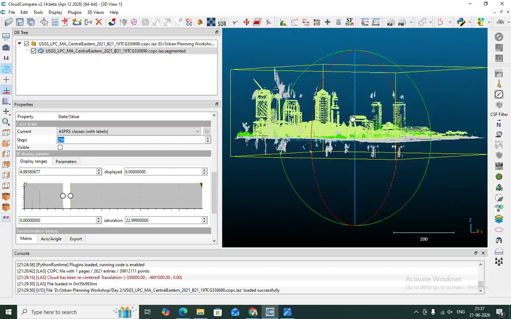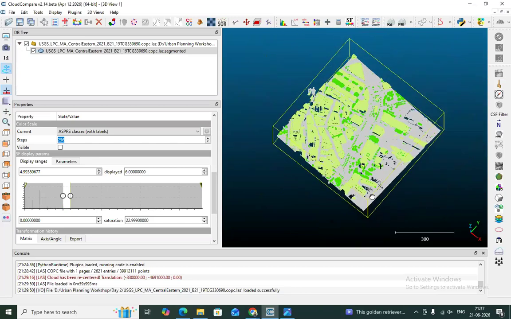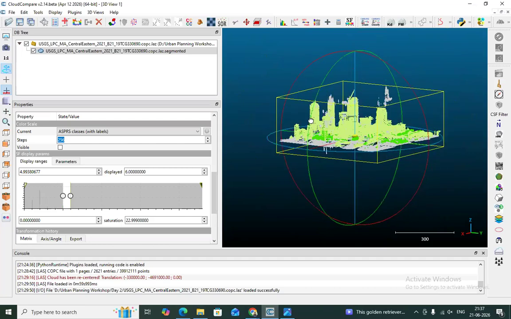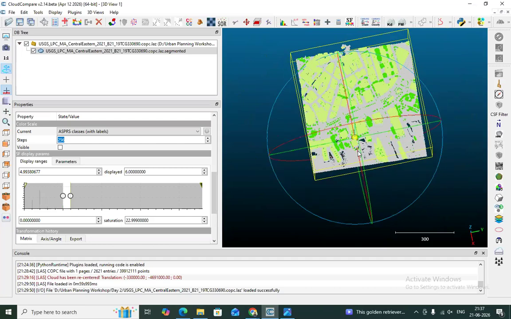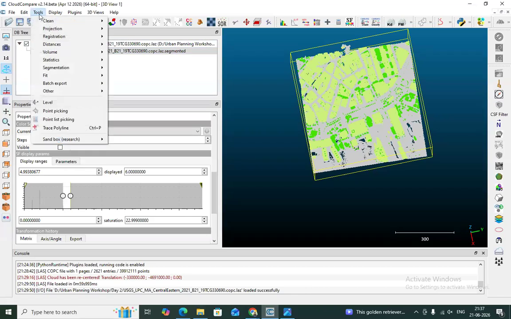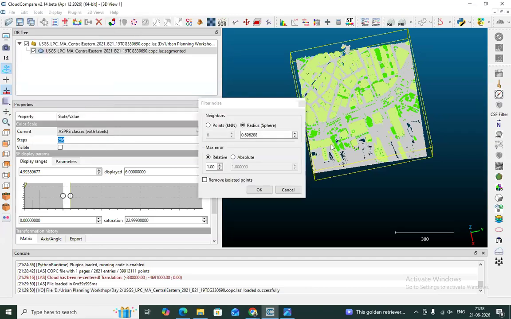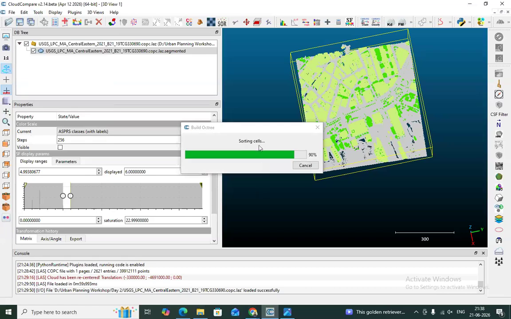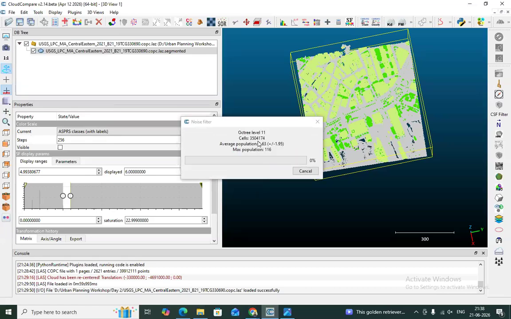But before doing that, I just want to remove some noise part here. There are some outliers and noise. I want to remove this. How to do that? You go to tools, select the layers, you go to tools, then you go to clean, and then you have two filters called noise filter and SOR filter. So you click on noise filter, keeping all the parameters as they are. If you just click OK, it will do some noise clearance. You will be able to see the difference.